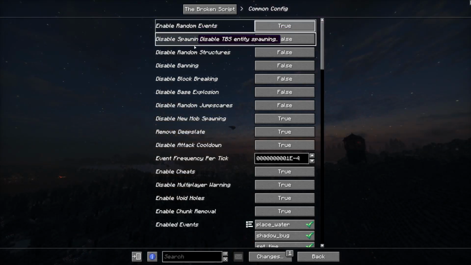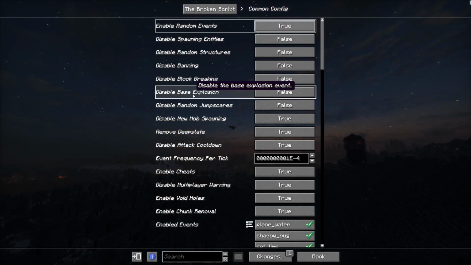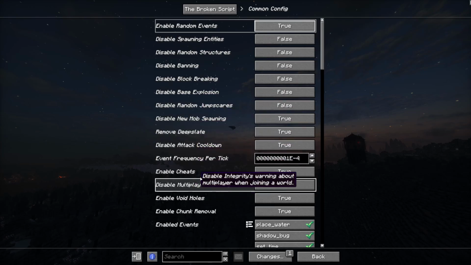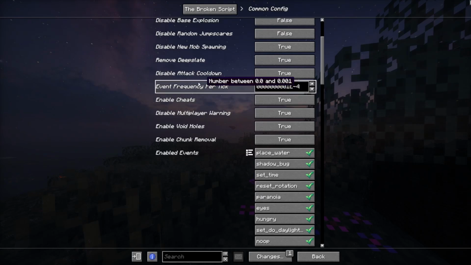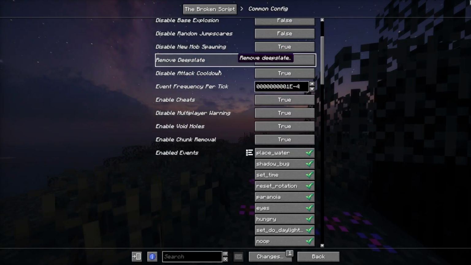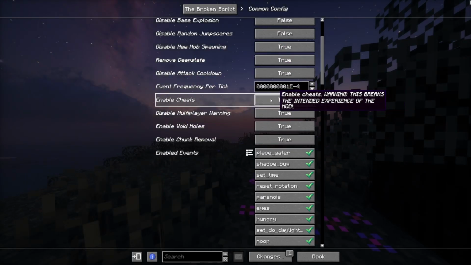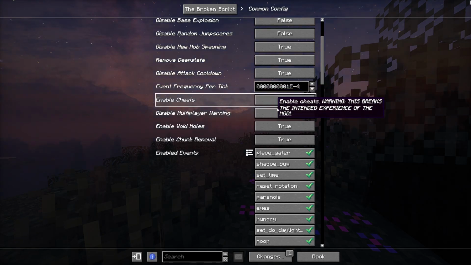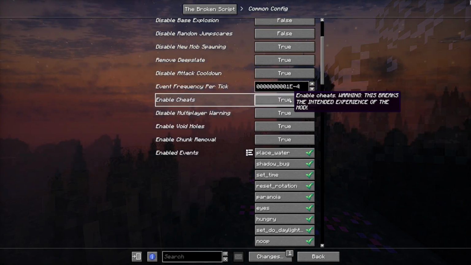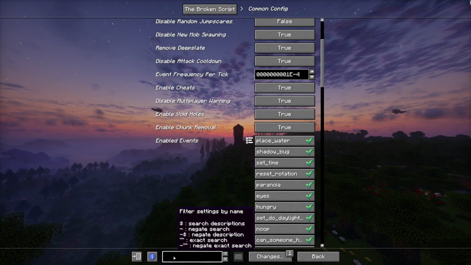So this stuff here has tooltips, descriptions. That should be self-explanatory. Enable cheats, that is turned off by default, I think. That's the thing that doesn't let you change game modes or anything. You can search for stuff,